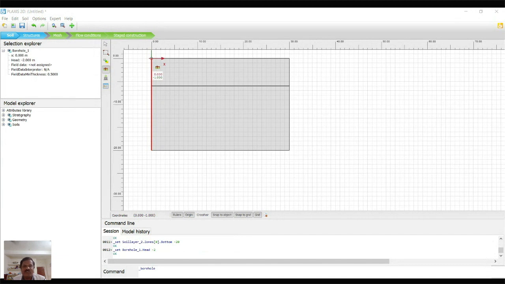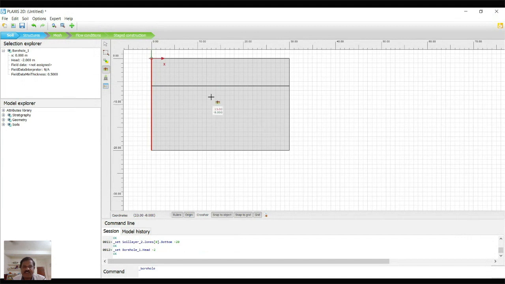We will see how to create the soil material and how to apply the soil to a particular layer in the next step. So the first step we learned is how to create the borehole, by using this tool and selecting the borehole location. Once you get the pop-up window of your borehole details, specify your x coordinate, your water table, and add however many layers you need. You can click multiple times to get the number of strata. Once you define 2 strata, just click OK.